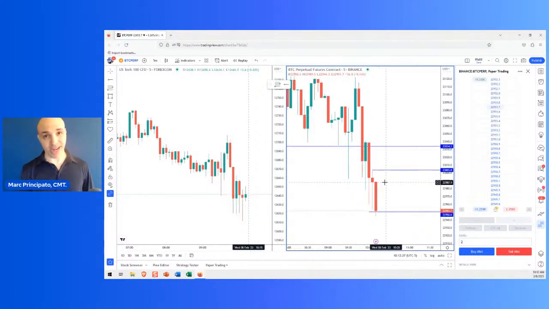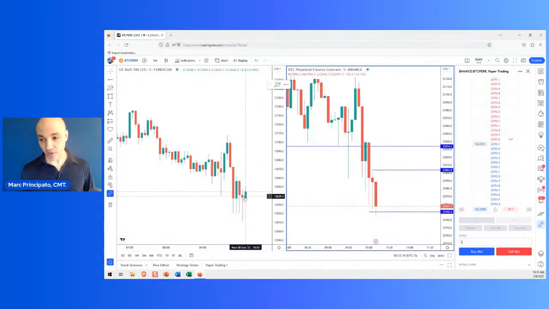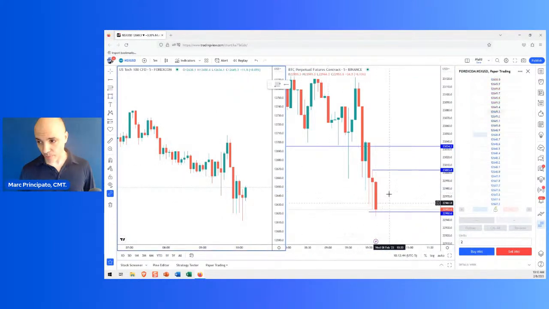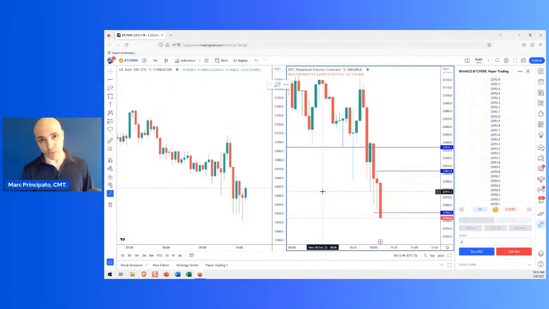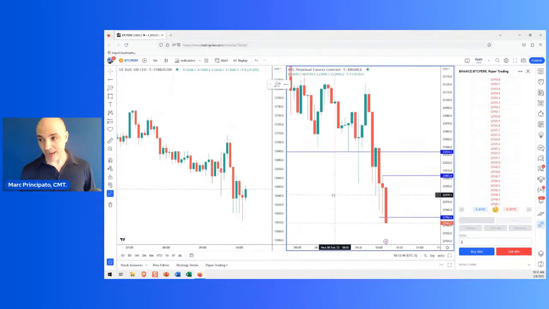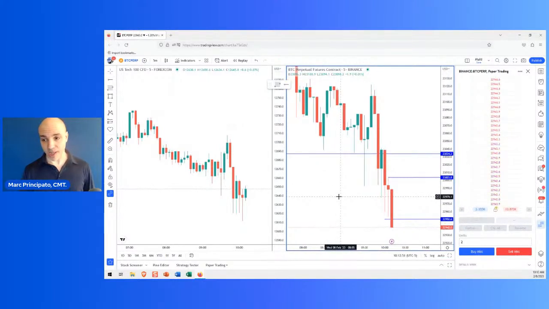If I was overreactive and could not control myself, I would have jumped in here, and now this thing would have gone to my stop, number one, even though the NASDAQ is giving me a conflicting signal. They don't follow each other to the T, right? But if the NASDAQ persists, if the NASDAQ does this, Bitcoin will probably give us another buy signal. That's a reasonable assumption. But I'm not going to take a trade based on that until I see the evidence, okay? I'm not going to just jump in just because I think something. The market doesn't care what we think. Does that make sense? Okay, so